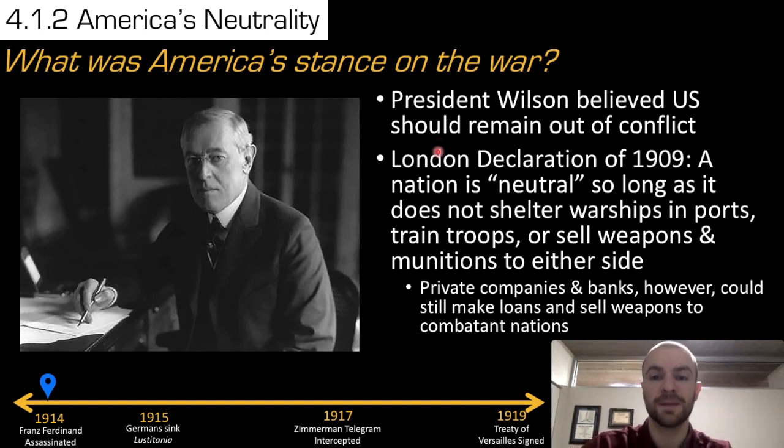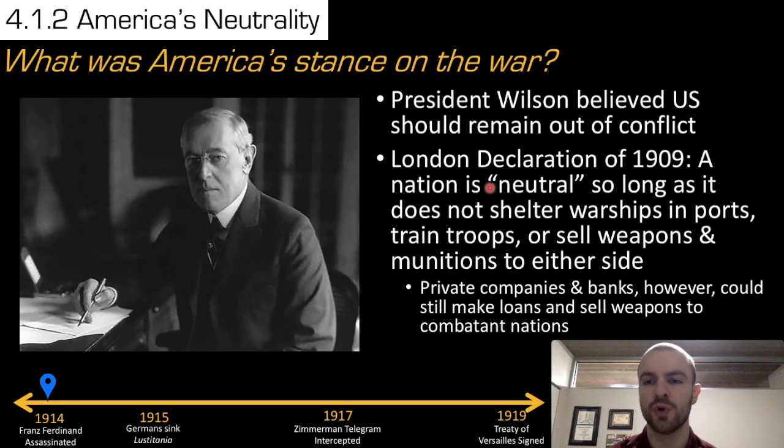And he's referencing this London Declaration of 1909. This was signed by Great Britain, the United States, Germany, and other nations as well. But in this London Declaration, neutrality was defined. So what does it mean to be a neutral nation? Well, according to the law here, it says that a